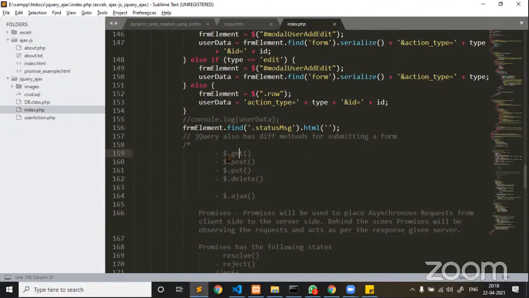However, in JavaScript, we have to create an XML HTTP request object, we have to open a connection, and we have to check whether the request is successfully placed by ready state, whether the status is 200 or the state is 4. Everything you must check manually. But when it comes to jQuery, all this manual process of checking is not really needed.